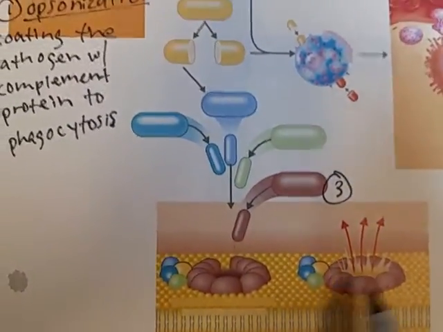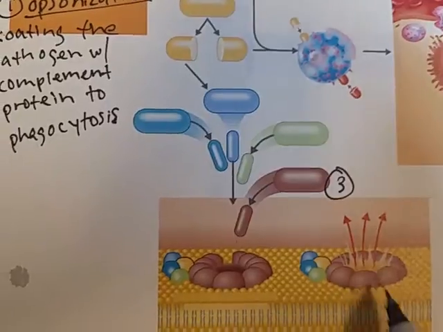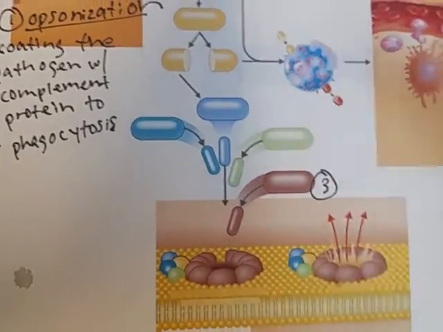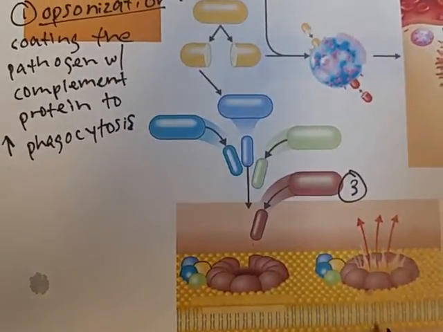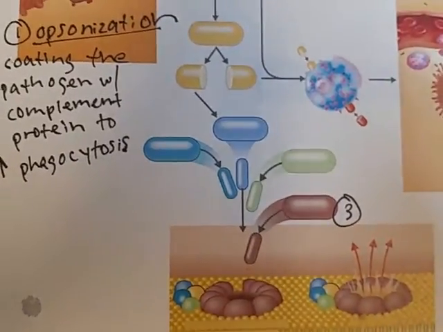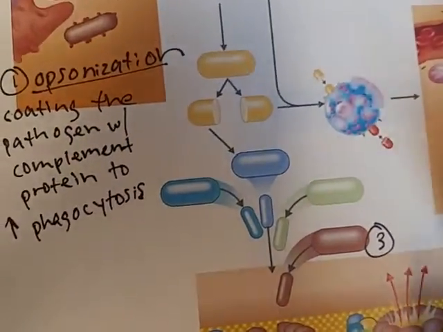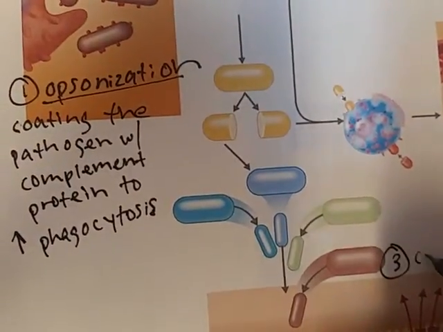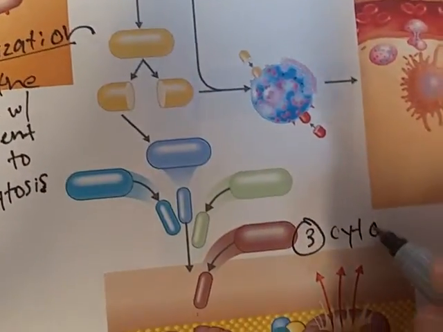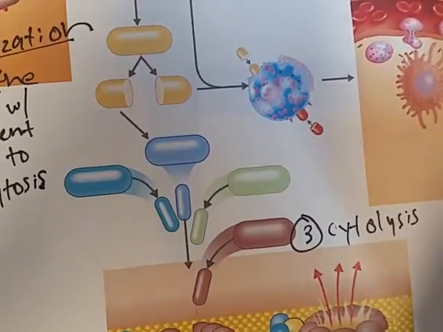And what happens is it forms kind of like this little tunnel in the plasma membrane of the bacterial cell or the pathogen cell, and it's going to cause that cell to burst open and lyse. So we'll just put here that cytolysis occurs,